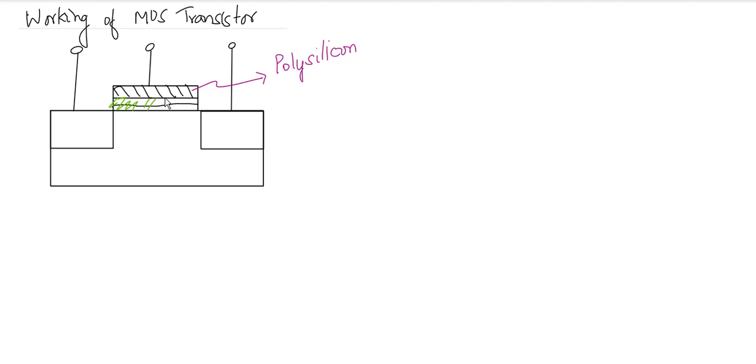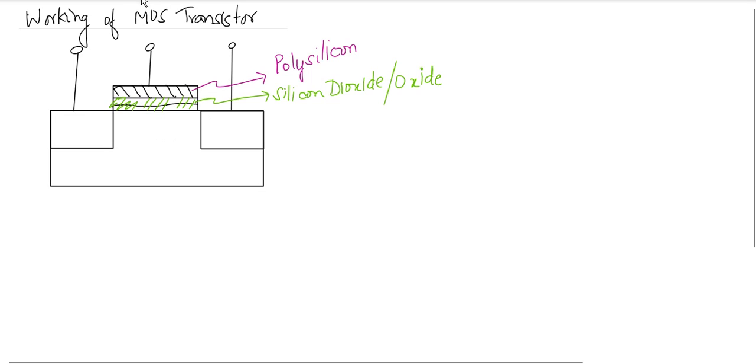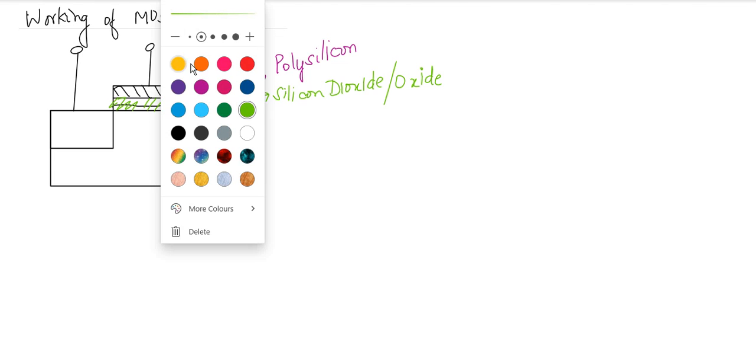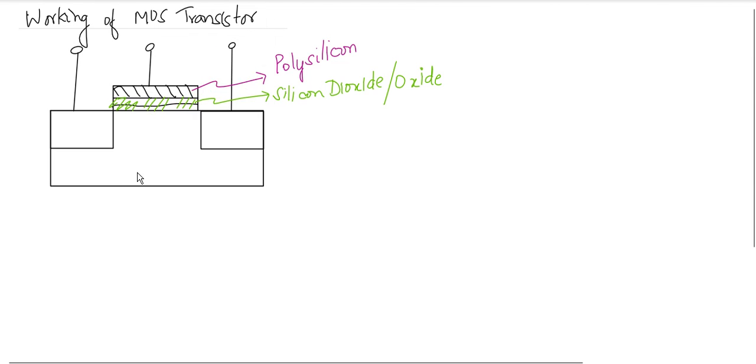The next layer below that, there's a small thin layer that comes in between, and this layer is actually composed of two layers, but for now we will only look at it as one single layer, and this layer is what we refer to as silicon dioxide, or it is commonly simply referred to as oxide. Below these two layers, this entire large body that we have is referred to as the substrate.